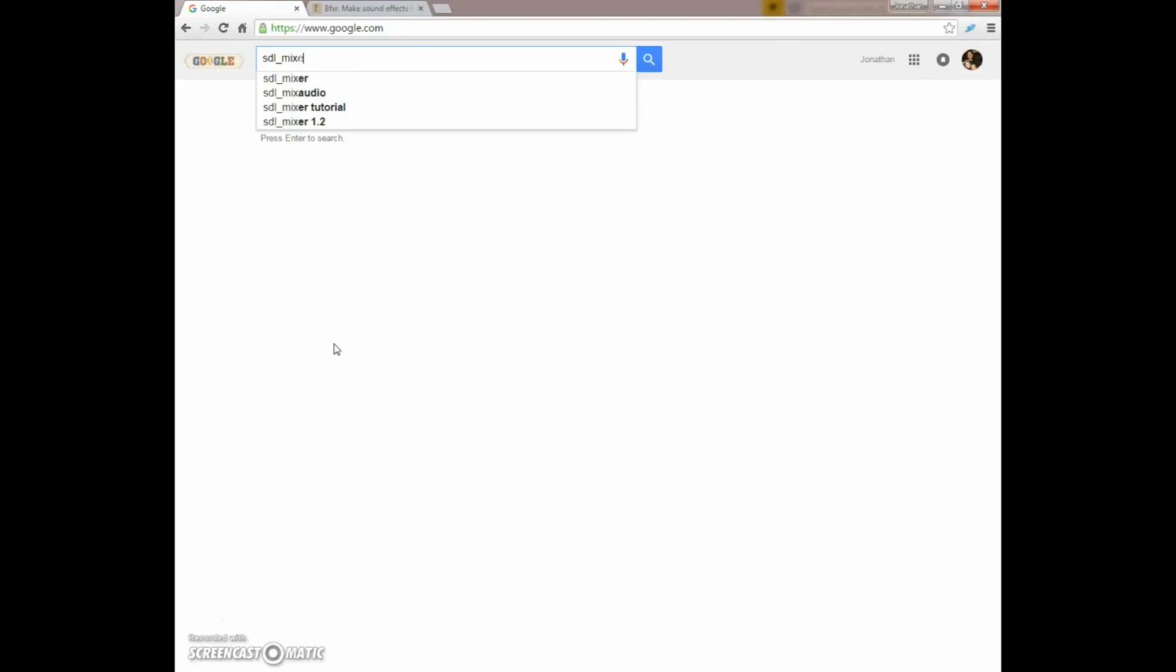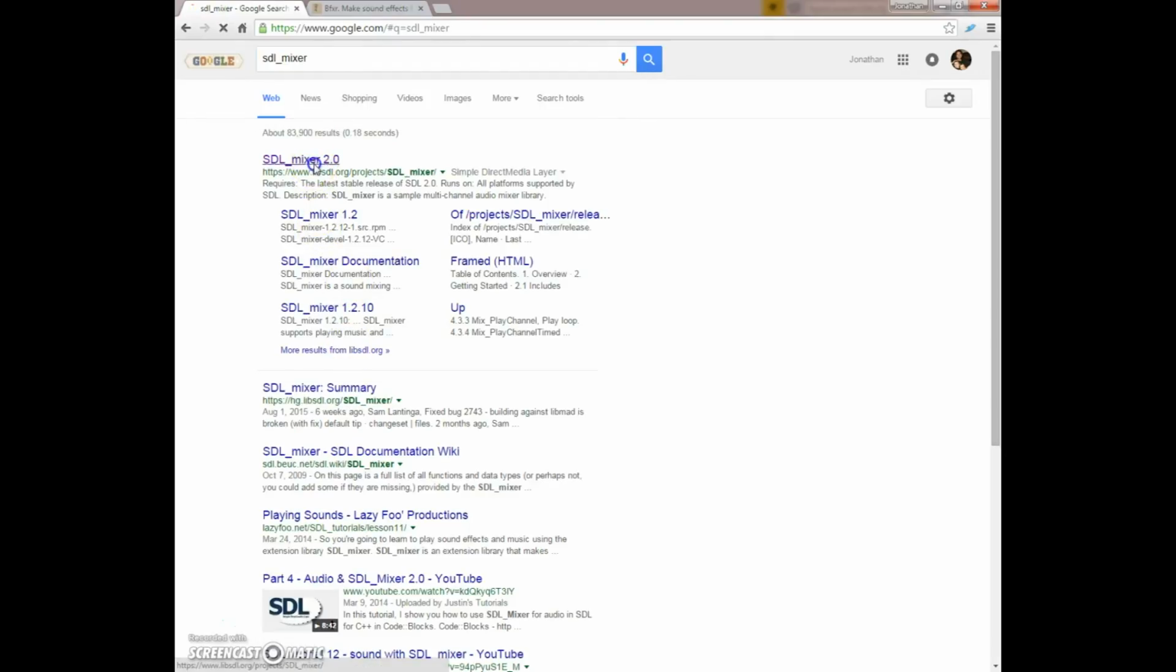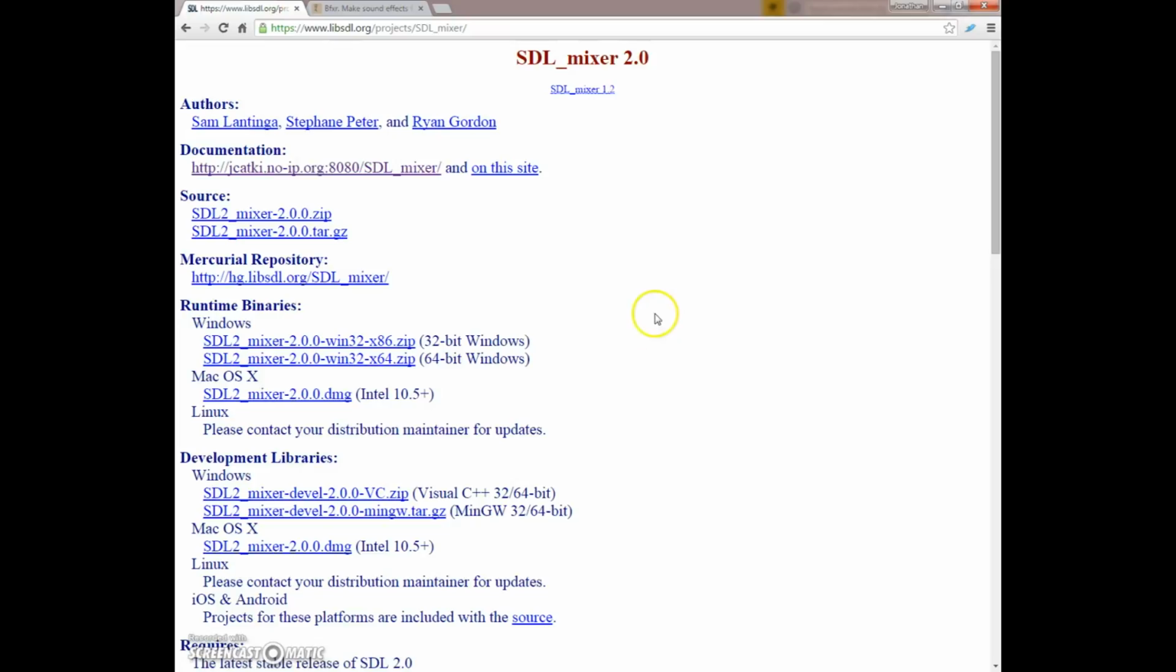SDL Mixer. And it'll come up with the SDL Mixer page, SDL Mixer 2.0 for SDL2, which is what we're using. And go down to Development Libraries. We want the Visual C++ version. We're going to download that. And when that's all done,